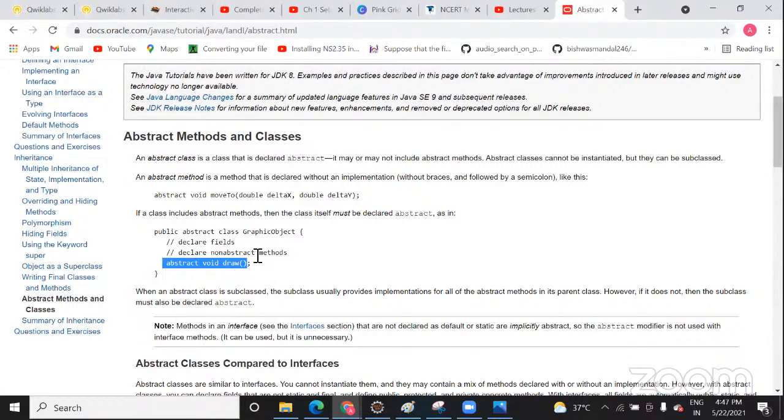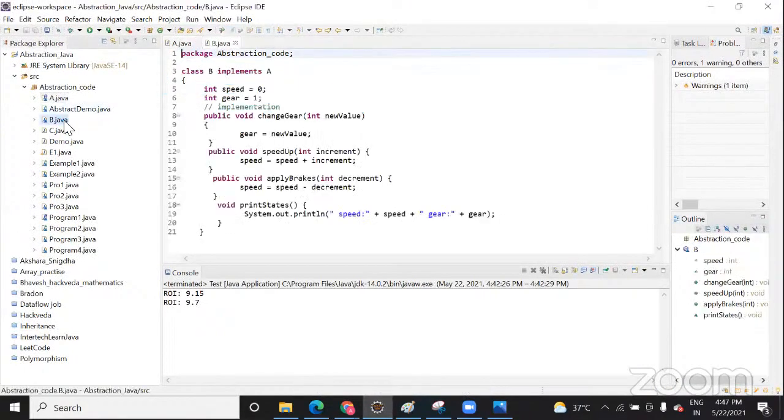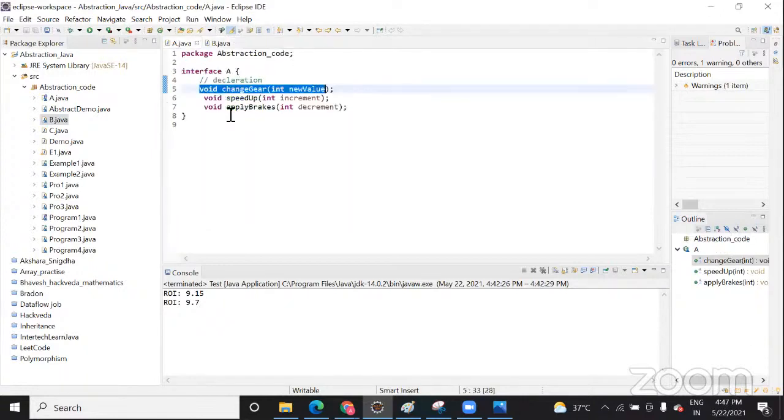Body in the sense of what this method is going to perform, like in the curly braces we write return x into y, right? You can see this is a method, so this is the declaration part. Now if I ask what is the body of this, then the body will be this one, the task they are doing. So in an abstract method you just provide the declaration, you just declare the method.